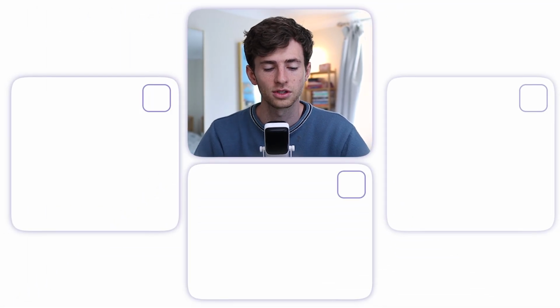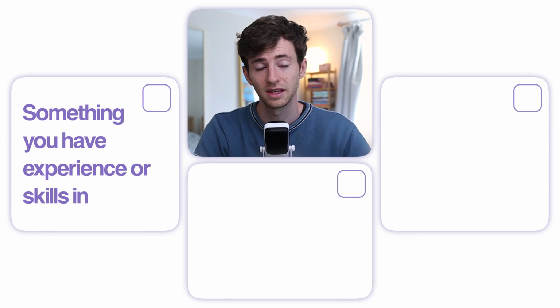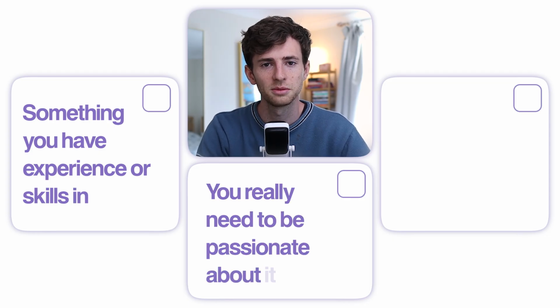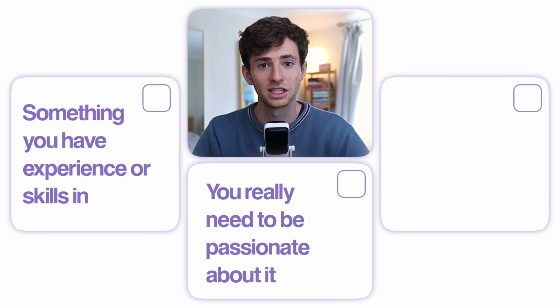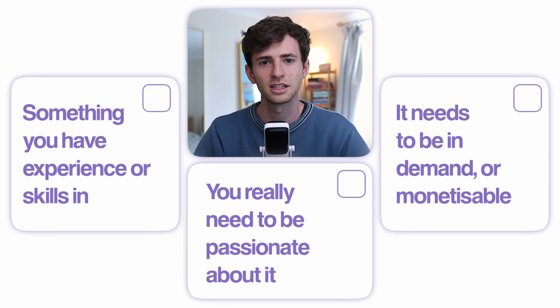But obviously not every transformation that you've experienced in your life is something that is monetizable or that you can build a business around. So we need to tick these 3 key boxes. 1 is something that you actually have experience in and skills in and have experienced a transformation in. The second thing is that it needs to be something that we're actually interested in and passionate about, because if we're not, then we're going to give up. So we actually need to be really interested in the thing that we're teaching, something that we want to learn more about and actually help people do. And then the third thing is that there needs to be demand for it and it needs to be monetizable. So more things are actually monetizable than you might expect, but it needs to tick those 3 key boxes.